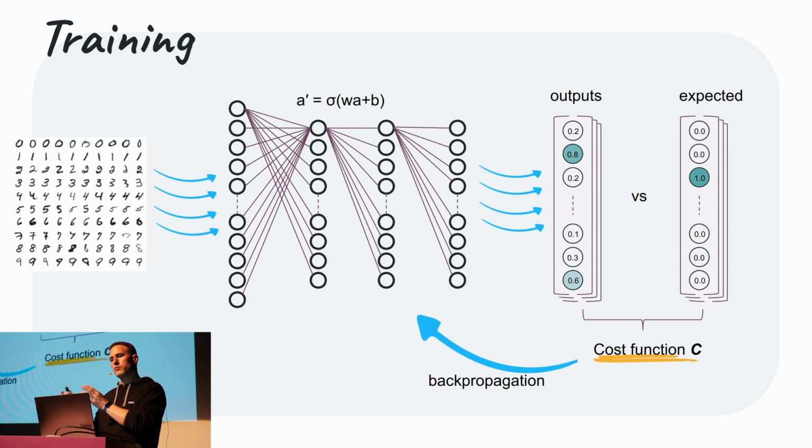And so once we have passed all our training set, we can compute the average cost for this pass. And through a mathematical operation, we are going to implement backpropagation and essentially take this error and translate that into small tweaks that we are going to apply to each of the weights and biases in the network.